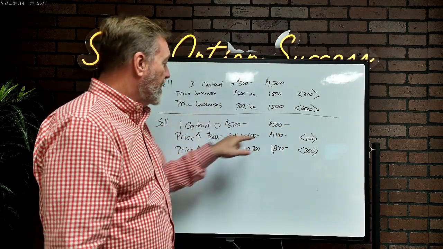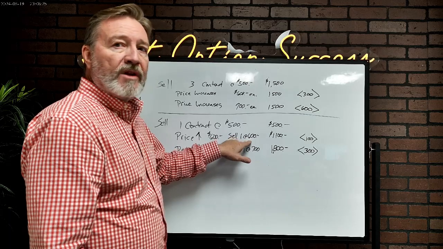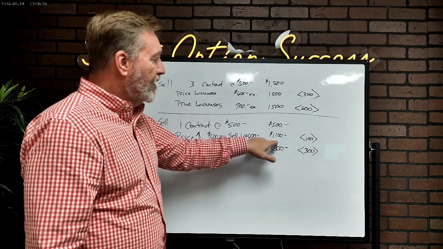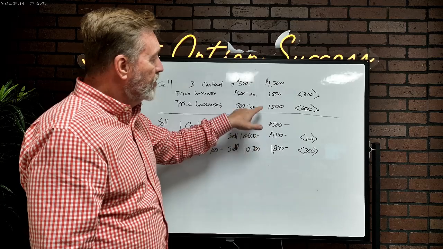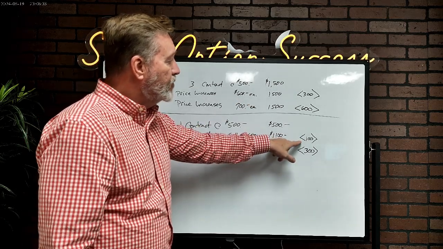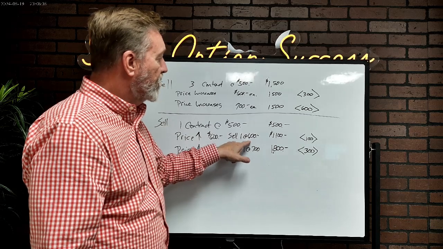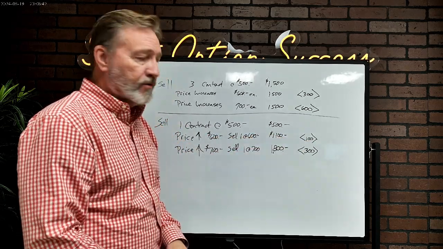In this scenario, I only sold one, so I only put $500 in my account when I first put that trade on. But when the price increased to 600, I went ahead and I sold another one at 600. Now I've got $1,100 in my account. Still not quite as much, but I only have 2 options, not 3. So I'm down $100 on that. 600 times 2 is 12. I've collected 1,100. I'm down $100.